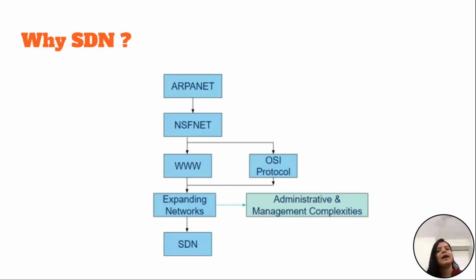started using the internet for various things, and their domain started expanding so much. The current OSI architecture started facing a lot of challenges. Say, for example, quality of service, scalability, security, privacy, and even network management. And also, along with this, with the advent of the Internet of Things, let's say the IoT, what happened? There started becoming an incorporation of various heterogeneous devices and their services.